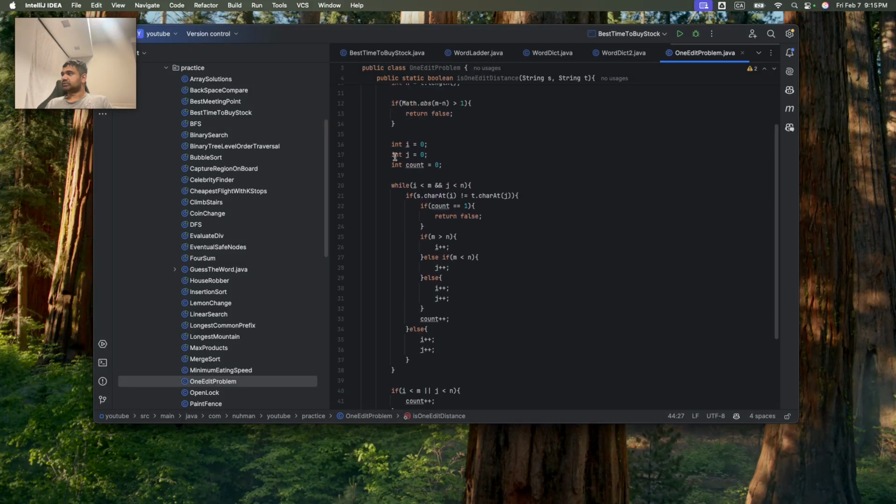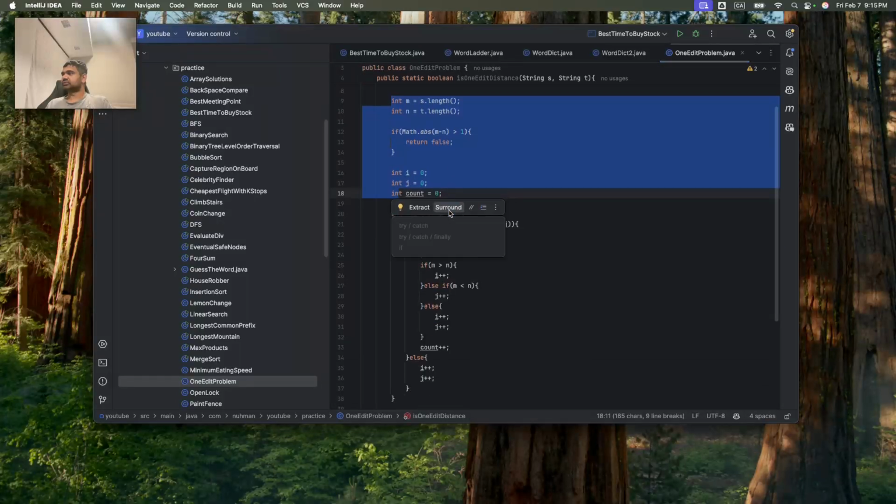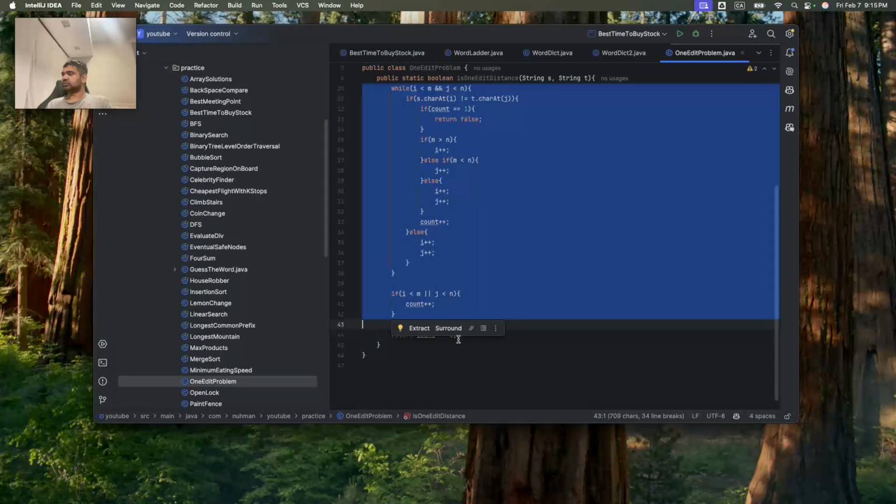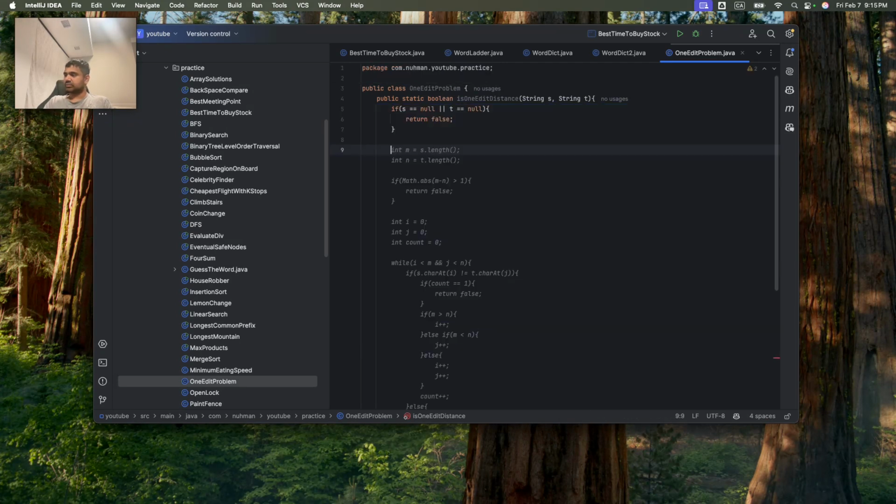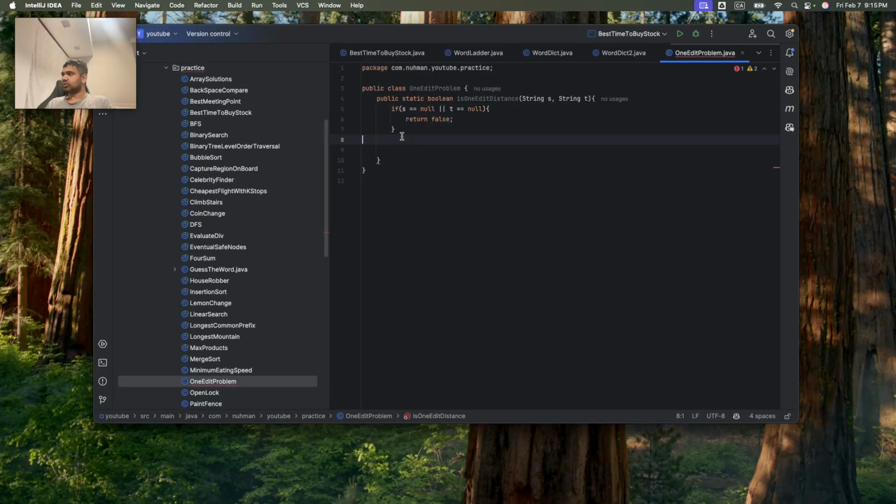The main problem is if I take some of that item, it will automatically pick up everything. Maybe there will be a way of taking only the one that we need, but that's fine. We can go to the code once again. So right now that part is done. If it is not, we will return, and then int m is equal to this one, int n is equal to this one. Then